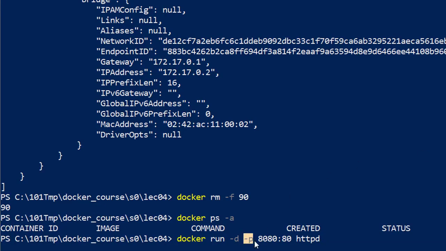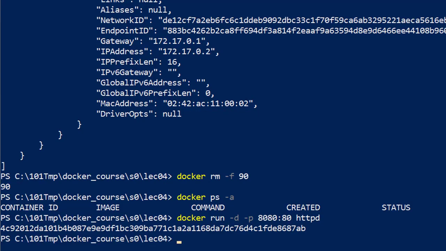-p is for port binding or port forwarding, and then you say you want a specific port on the host bound to a port inside the container. So if the container is exposing port 80, then you want to bind a specific port on your host to a port on your container. For example, if I type in localhost 8080, then this will automatically forward everything to port 80 inside my container. If I start this now, it's again starting a container in the background, and let's